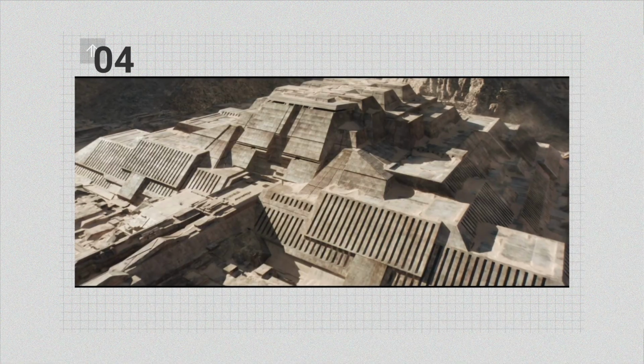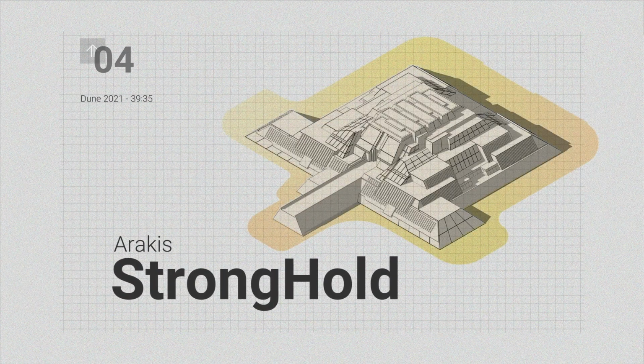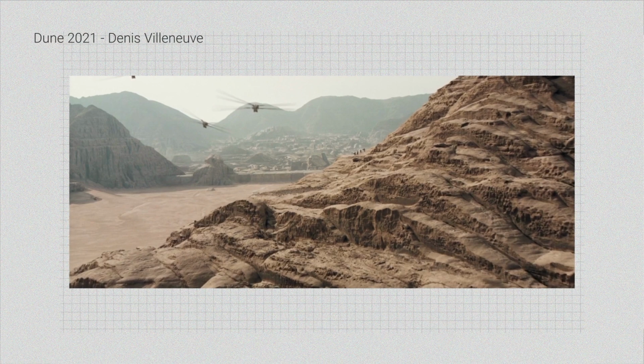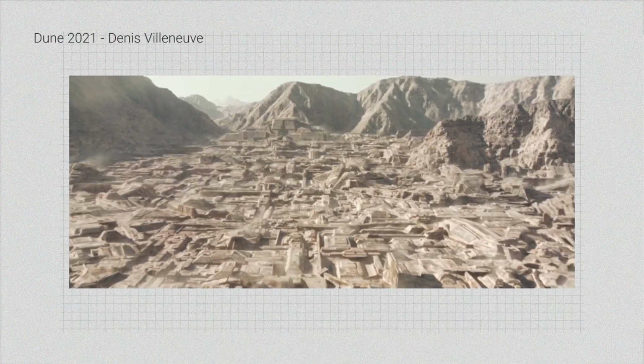The third world is Arrakis. And we want to talk about the fortress stronghold, which is the primary building in the city. The ziggurat shape is almost a reminder of the pyramids, and it has many levels sitting on top of each other. Dune production designers have done a great job blending the architecture with the environment, and it's best seen here